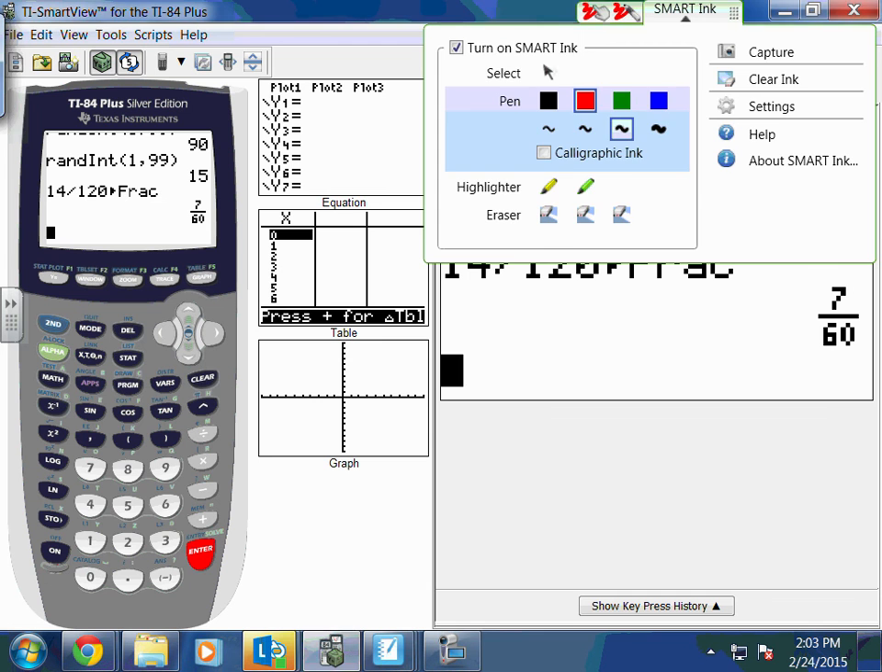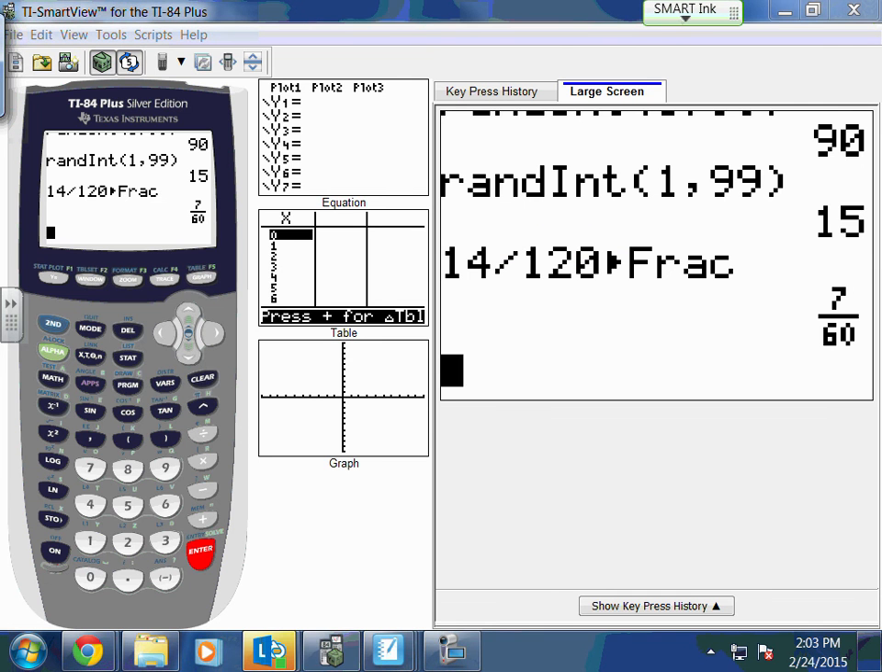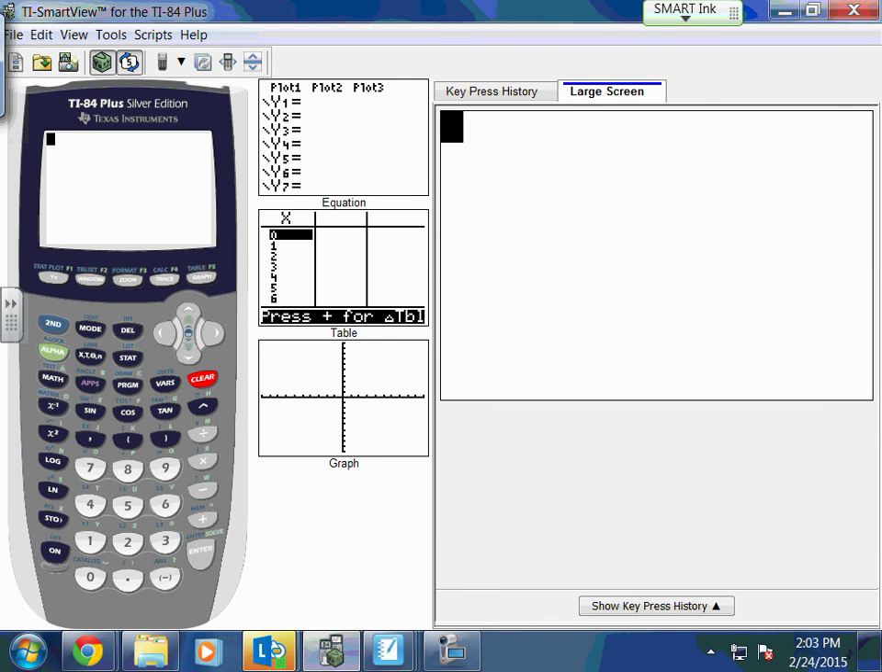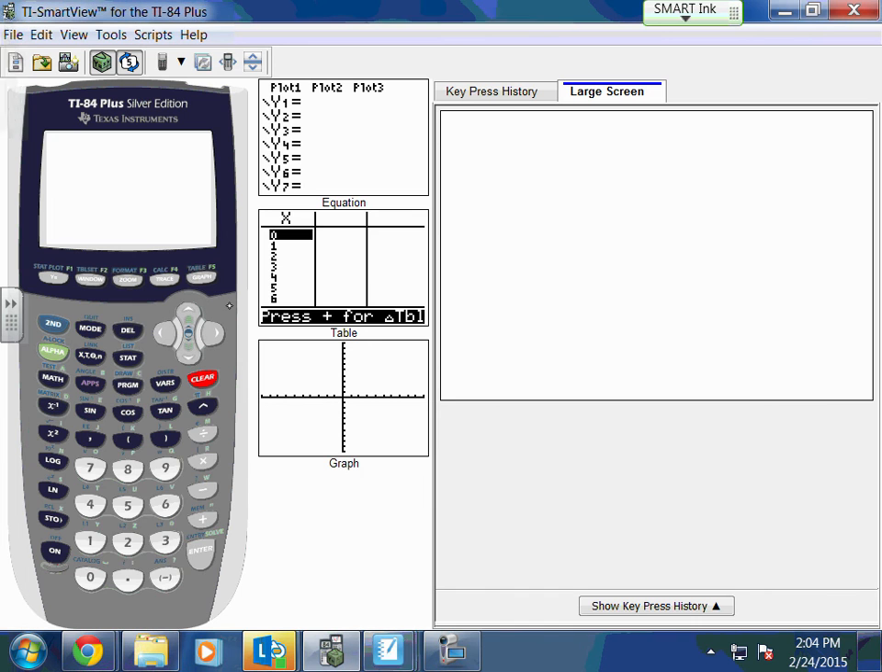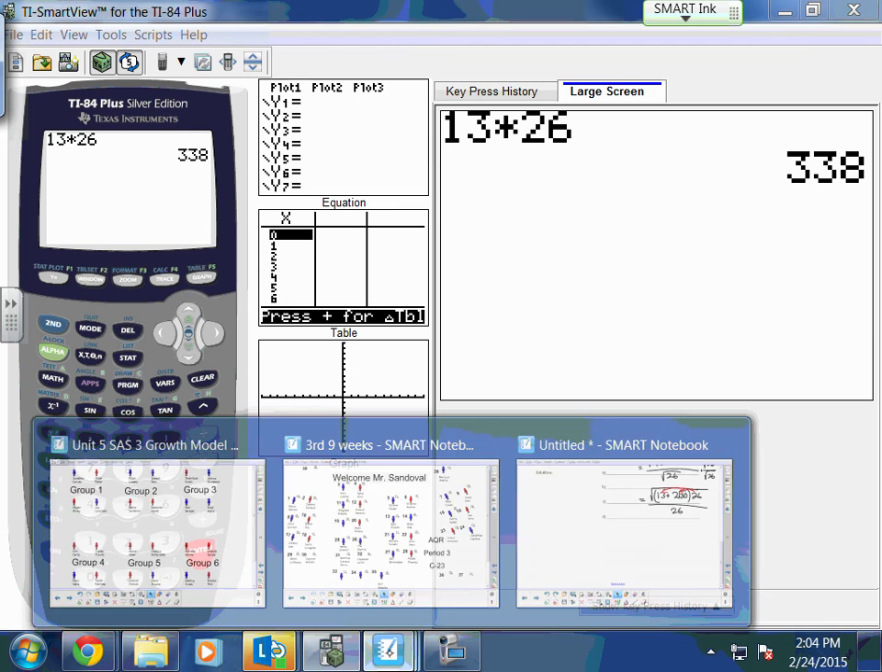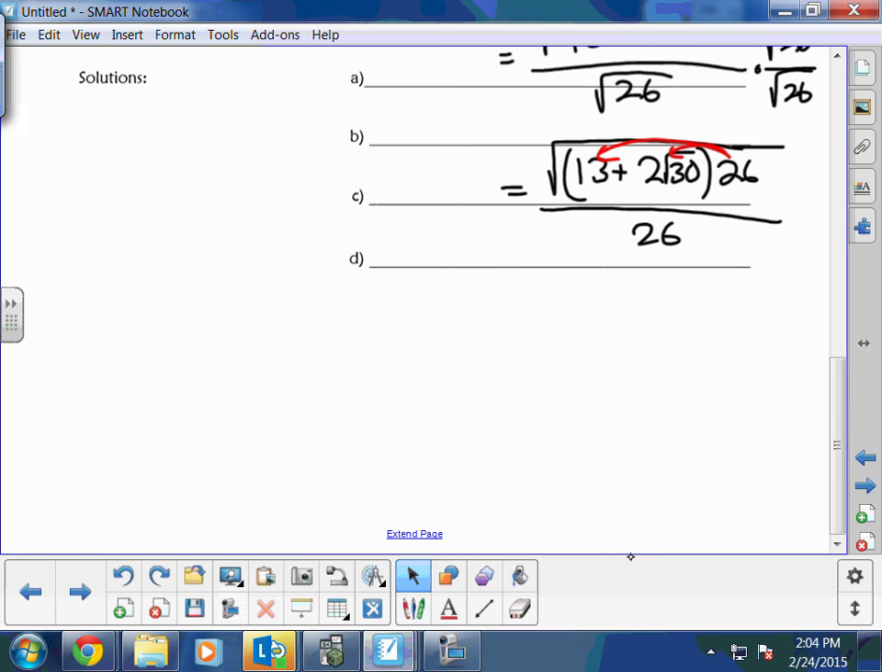And let me tell you what it is. Let's see. Let's go back. So I could go ahead and do 13. It says right there, 13 times 26. That's the number I was trying to multiply. 13 times 26, 338. Which means that I'm going to have the square root of